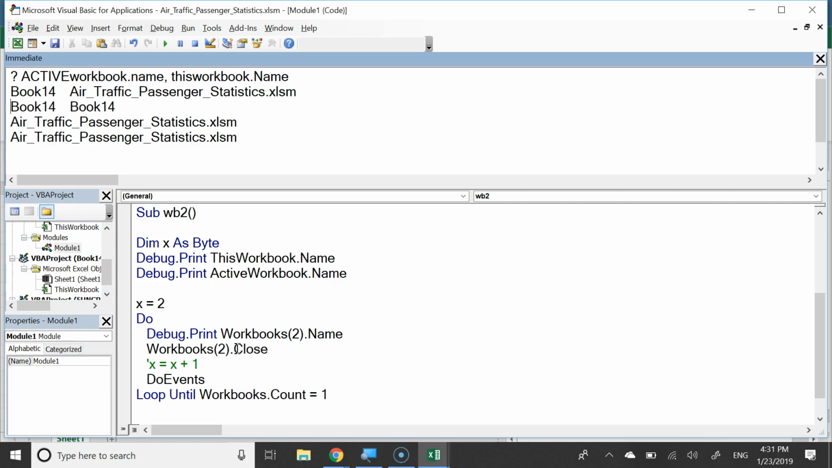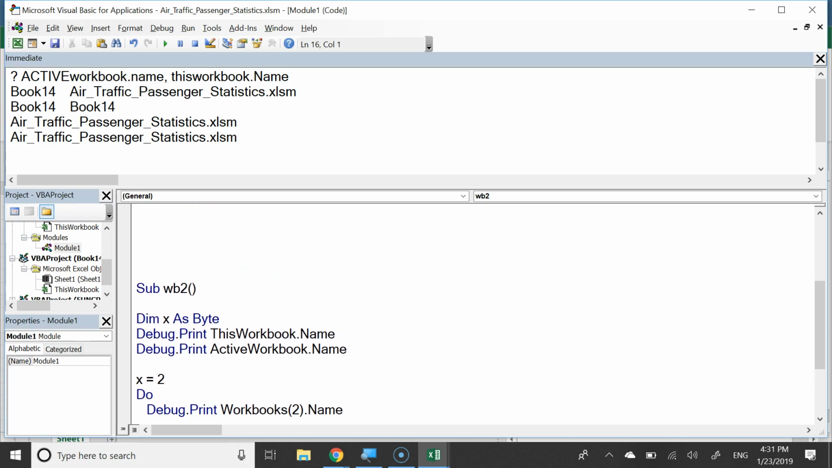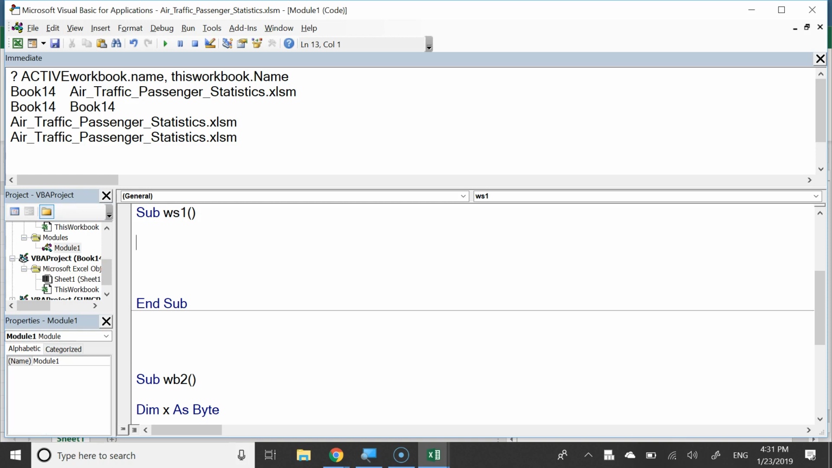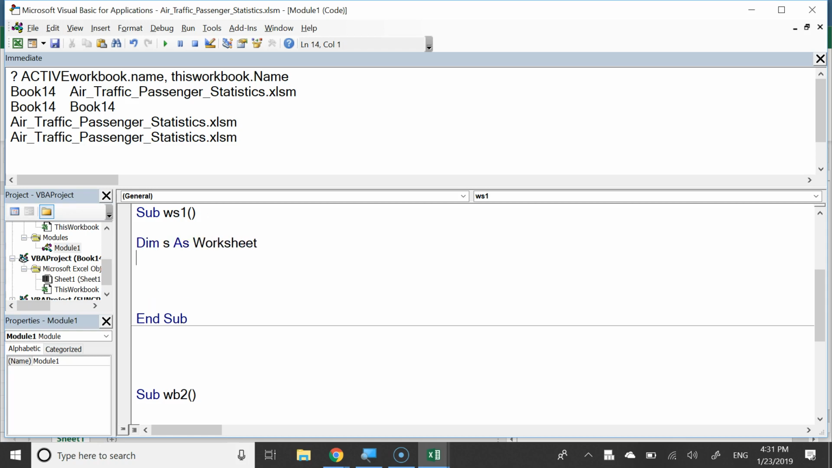Okay. So that's really about workbooks. But we've got now worksheets to take a look at. So let's look at worksheets. Sub WS1 for worksheets. Okay, so now I've got in this workbook, let me dim a variable s as a worksheet variable. It's an object variable. It's going to allow me to connect on to some object. Now I'm going to bind that object variable on by saying set s equal to, in this workbook,